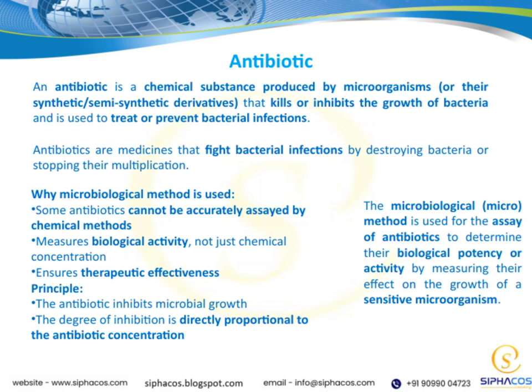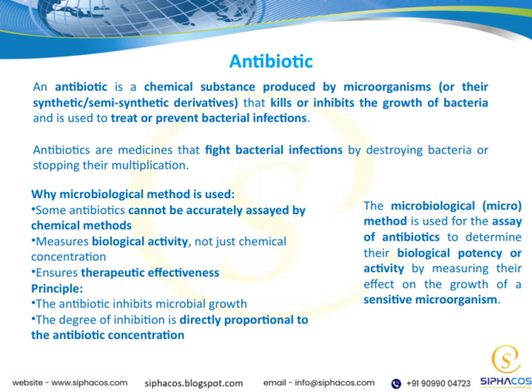The more effective the antibiotic, the greater the inhibition. And importantly, the degree of inhibition is directly proportional to the concentration of the antibiotic present. This means that by measuring how much microbial growth is suppressed, we can determine the biological potency of the antibiotic. The microbiological or micro method is used specifically to assess this biological activity. It measures how well an antibiotic can inhibit the growth of a sensitive microorganism, giving us a clear picture of